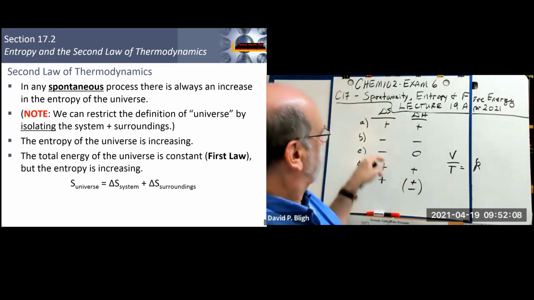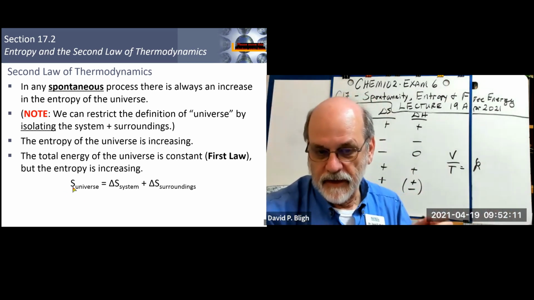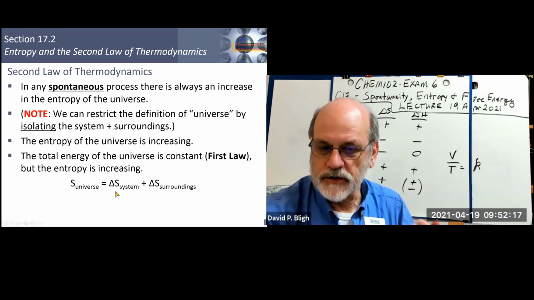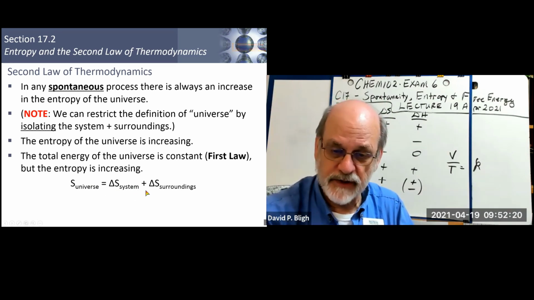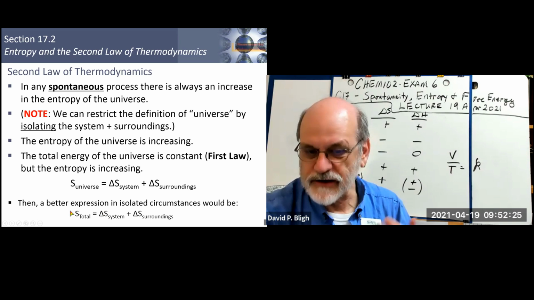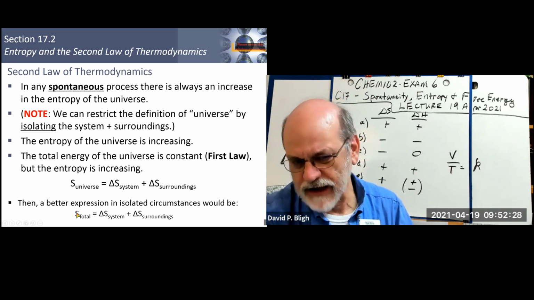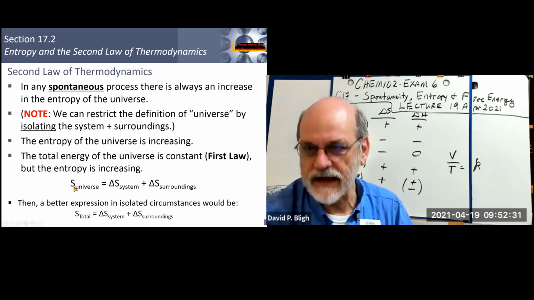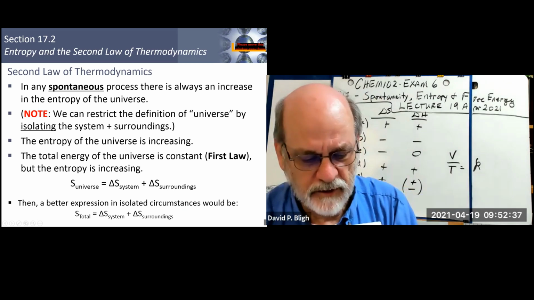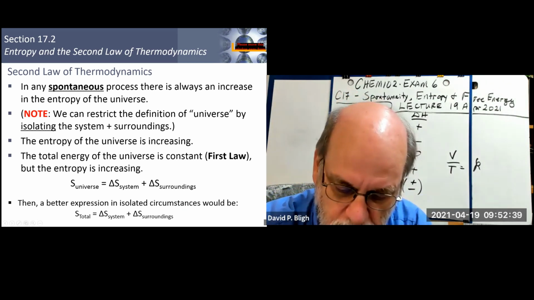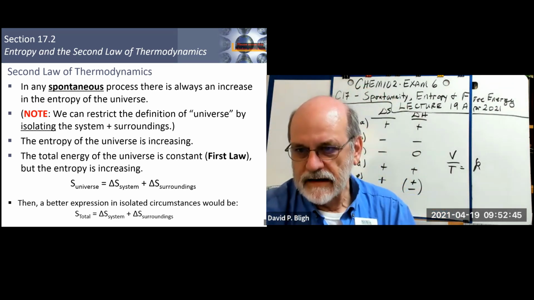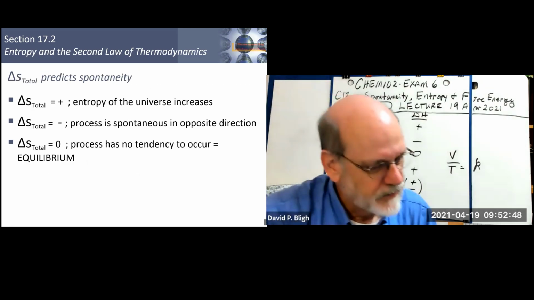All right, so, well, I erased it, but this S for the universe, which is better described as total, is equal to the change in entropy for the system plus the change in entropy for the surroundings. So that's my choice. In fact, a delta out here would be better. Delta S total, delta S universe. That needs correction. So let me make myself a note here. Okay. So next,